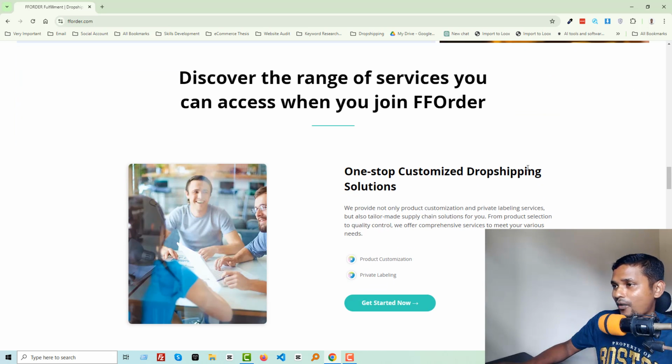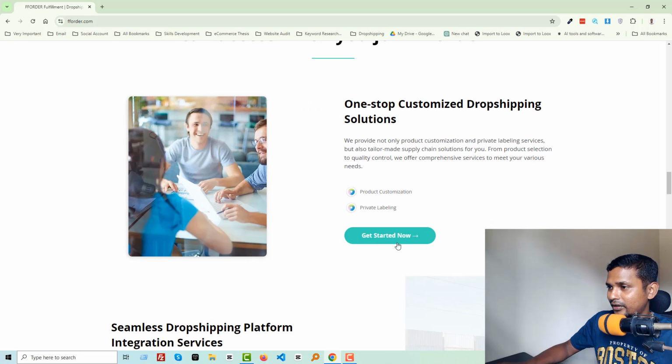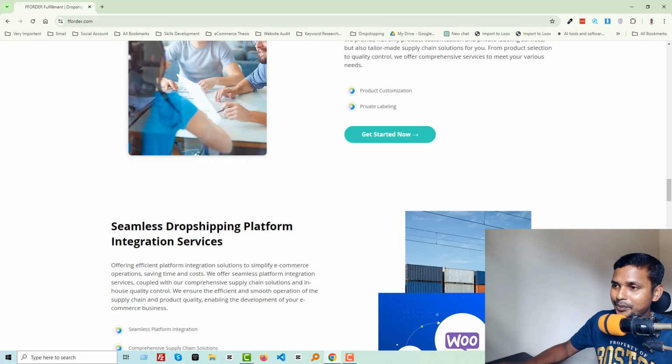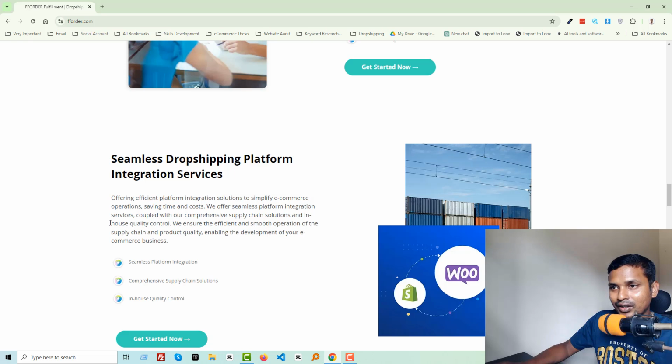One-stop customized dropshipping solution. We provide not only product customization and private labeling service, but also tailor-made supply chain solutions for you. From product selection to quality control, we offer comprehensive service to meet your various needs. Nice. Product customization, private labeling. Great. Seamless dropshipping platform integration service,